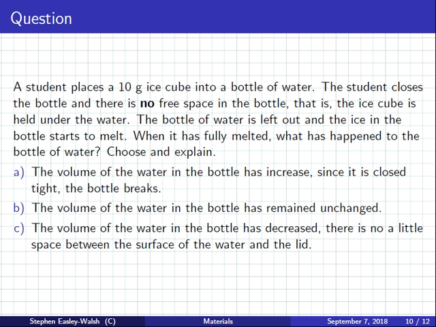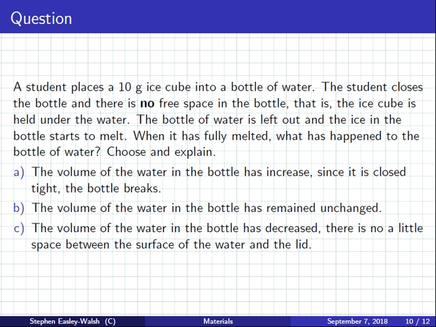I think if you calculate, the mass will be bigger than the original. No, mass can't change. Because the density was changed. The space changes. The question is, does the space change so that the bottle breaks, or it doesn't break? It won't break. Oh, so not A. No. So you're back to B.